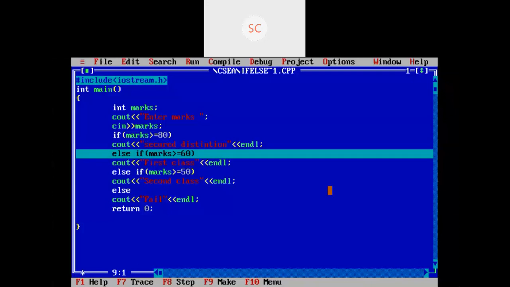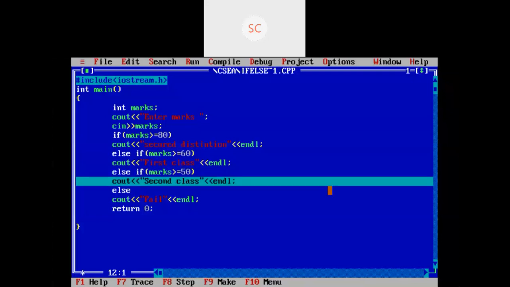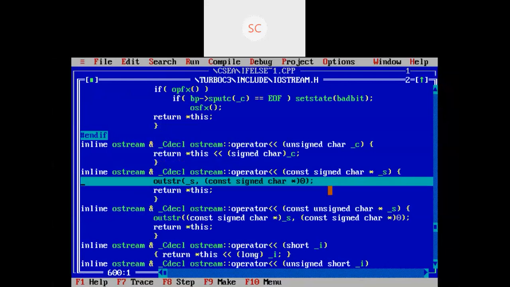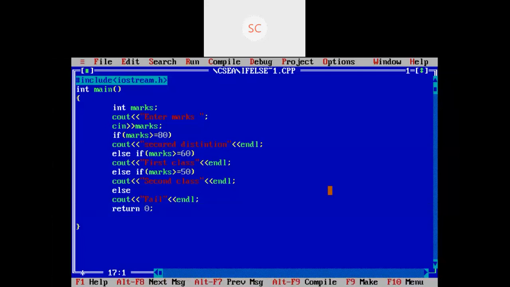Okay, it will go directly to that else if statement. Here also the condition will be checked. If this condition is true, it is going to print that output; this is the output we got, right? This is going to print in the output. Here also we used cout, right? That's why it directly returns the statement in the output. Okay, this is the way the program is going to execute. You got the point, right?